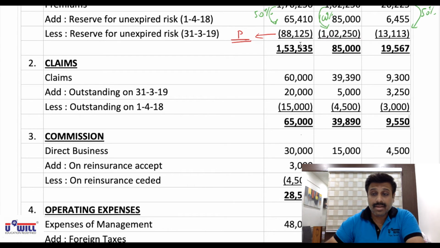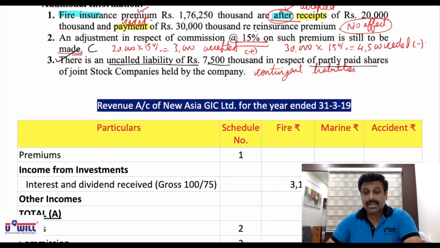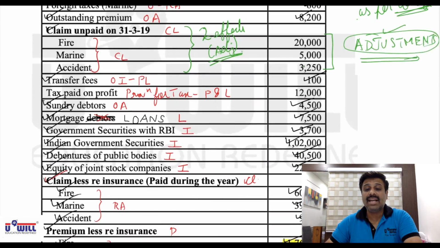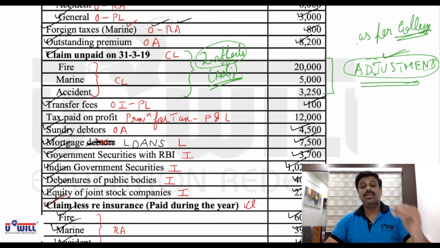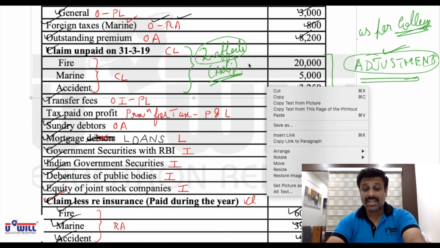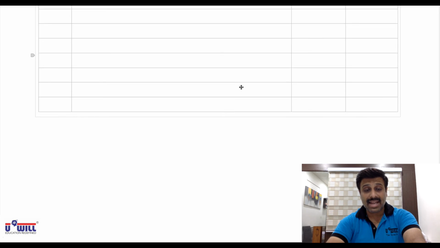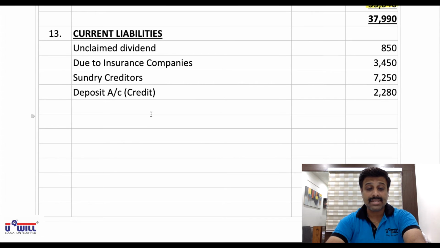Okay, I repeat. In college, what they have done is, they have given two effects of this item given in trial balance. So practically, if they are giving two effects, then what they have done is wrong. In the question, it should have been given in adjustments, then only we can give two effects. So we assume as if this information is given in adjustments and we give two effects of the same. So 20,000, 5,000, 3,250 will also come in current liabilities. All of it are down in current liabilities.